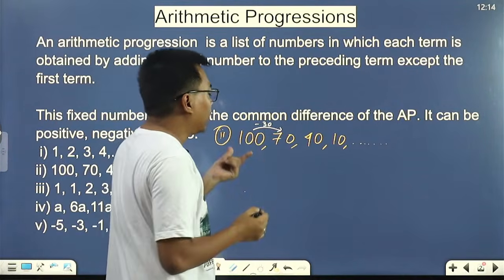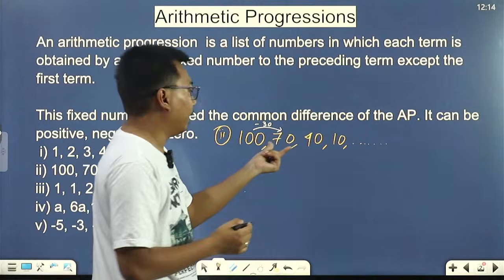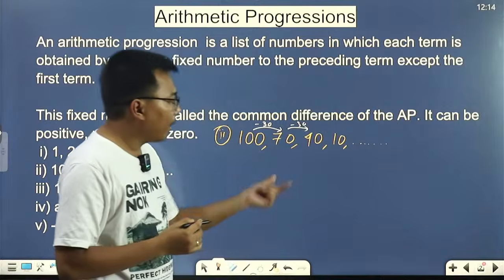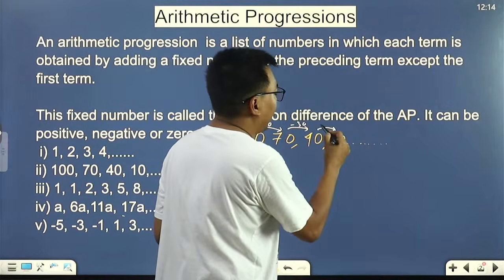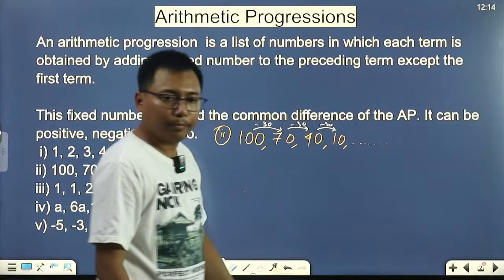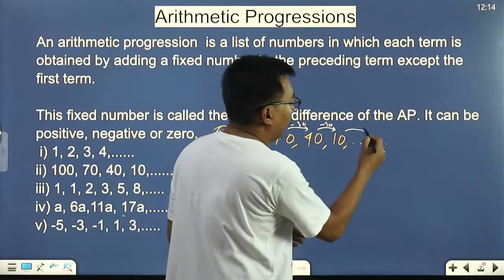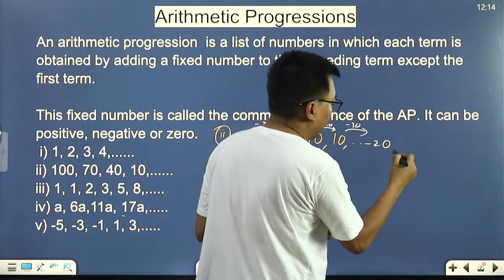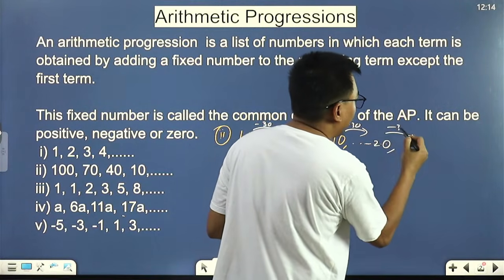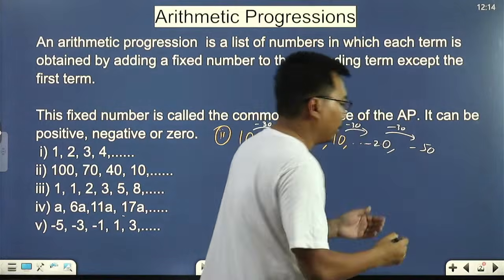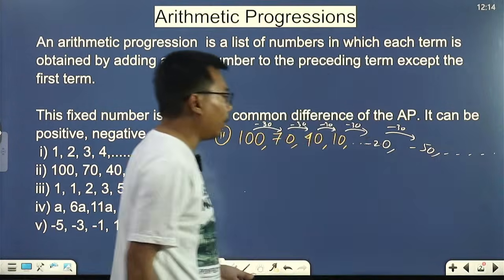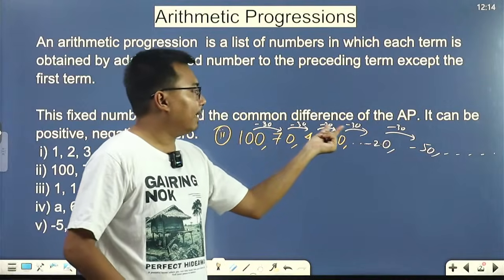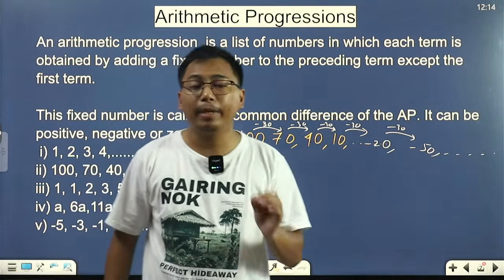If I subtract 30 from 100, I'll get 70. If I subtract 30 from 70, again I'll get 40. If I subtract 30 from 40, I'll get 10. Okay, and if I go on subtracting, the next number will be minus 20, right? If I go on subtracting again, the next number will be minus 50, and so on, right? And so on. So again, here we can see that the differences are the same, which means that this given list